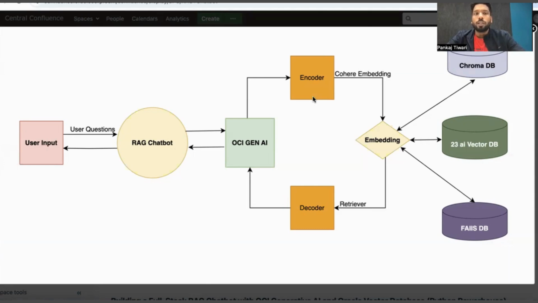As you have already used ChatGPT or some Gemini app, where you give prompt questions and get responses, in a similar way this RAG chatbot can be built within 1 or 2 days, and any customer can use it if they are a cloud access user. Here we have a user input which gives questions to the